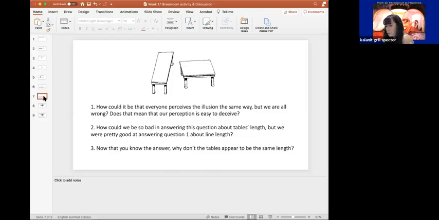But I do have one more question for you. I know for me that even when I've seen this illusion thousands of times, trust me, I've taught this class for many years, and I always choose this illusion because it's very effective. Even though I know the answer is that the tabletops are exactly the same size, I cannot turn off this illusion. The table on the left still looks longer to me. And I believe Leah highlighted this point. She knows the trick question, but it still looks longer. So my question to you is, why don't the tables appear to be the same length, even though I've told you the right answer?